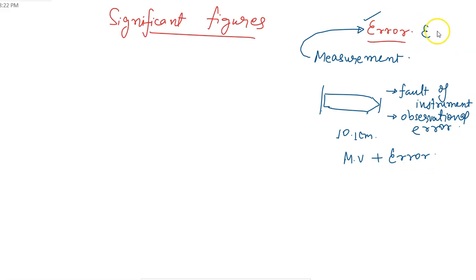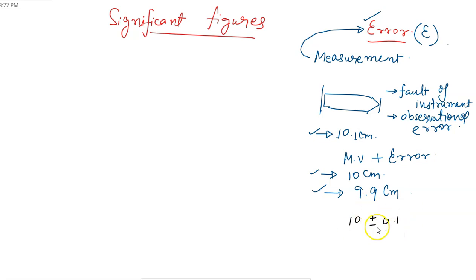So let us say I denote error with E. Let's say one time I measure the length of the pen and I report it as 10.1. Other time I report 10 centimeter. Next time I report 10.2 centimeter, let's say 9.1 centimeter or 9.9 centimeter. So in all these cases, these are different values, but if I represent the value to you as 10 plus minus 0.1, then this makes sense. It has a complete set of all the values, and this is the way using which we can actually present the result. Just a simple example.